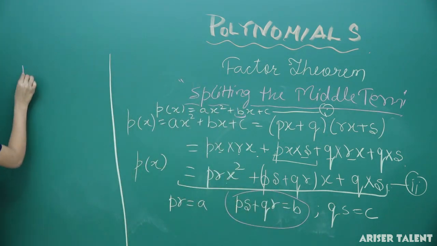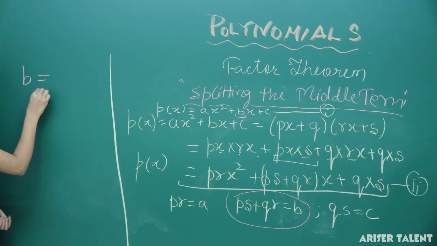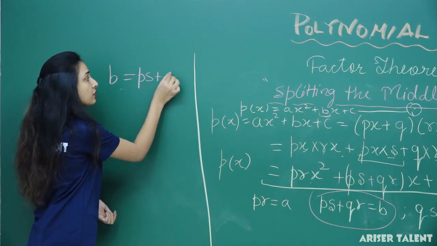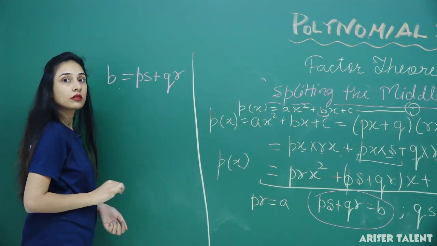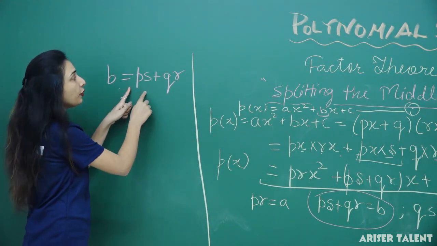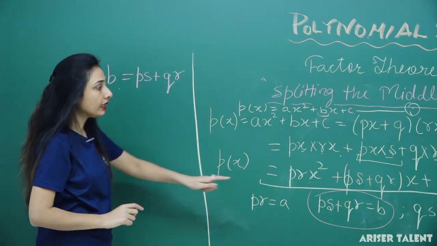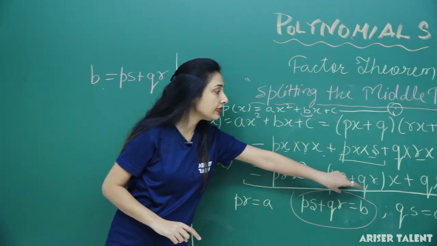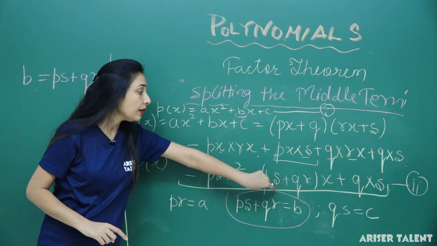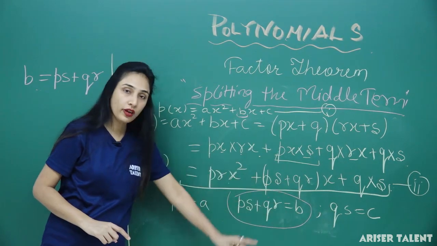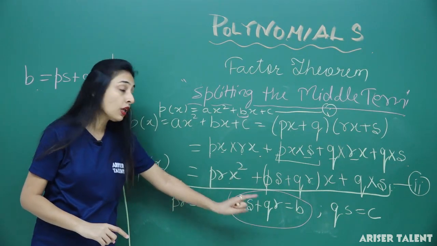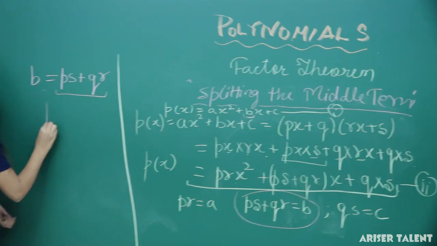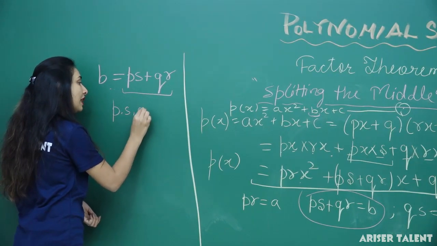B is basically this side, B is basically PS plus QR. And what is PS plus QR here? This PS plus QR is the coefficient of x, and this is exactly B. Now, this is the summation, and if we multiply P by S by Q by R,